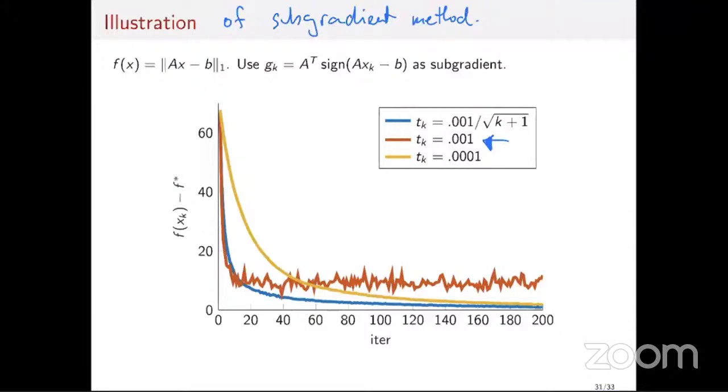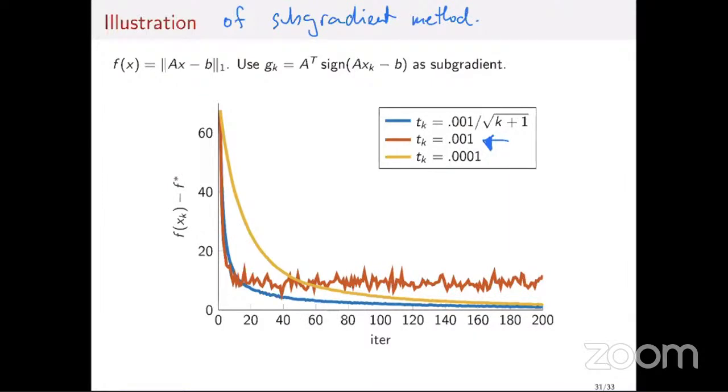If I reduce this step size more, then I should get a bit slower convergence, but the neighborhood around the optimal value should be smaller. And this is indeed what I observe. I observe slower convergence, but more stable, and it converges to a lower value, and it will actually plateau also around a certain neighborhood of the function value. What you see in blue here, the last one, is a decreasing step size with 1 over square root of k, and you can see that this is the best performance among these three methods. It is the fastest, and it also should converge then to f star.